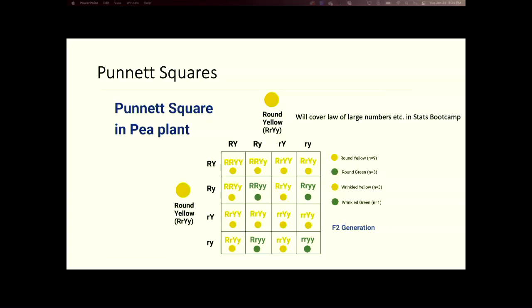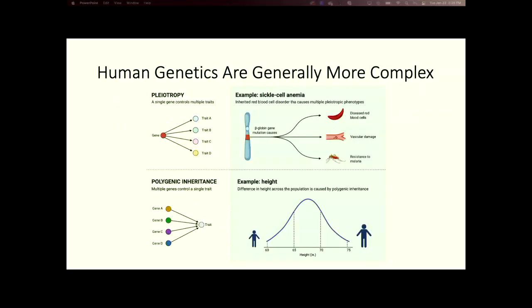And so this is really the foundational work that you need to know from biology to think about these problems computationally. Because once we move to human genetics, things become much more complex, where we can have